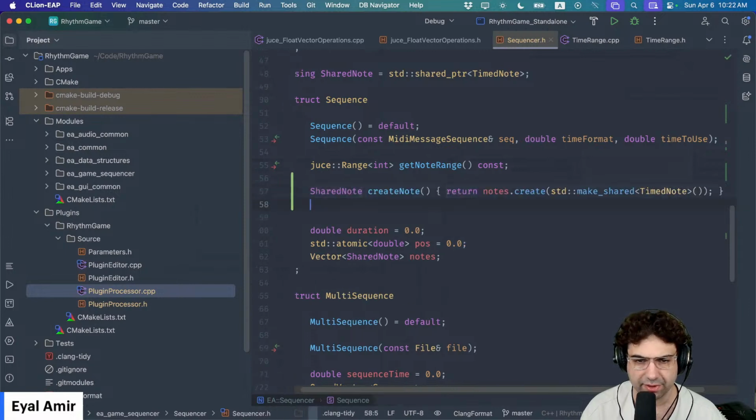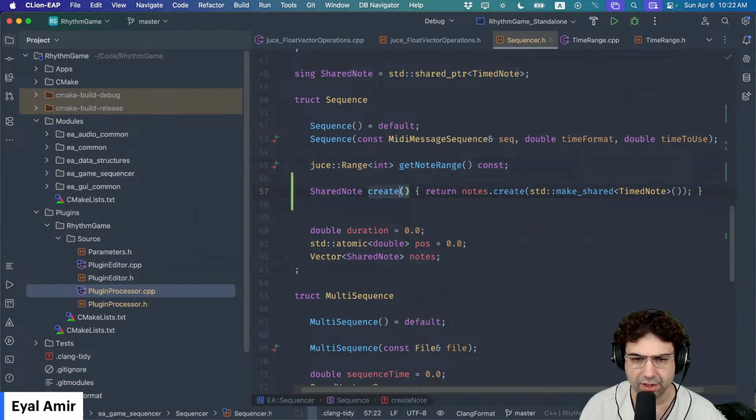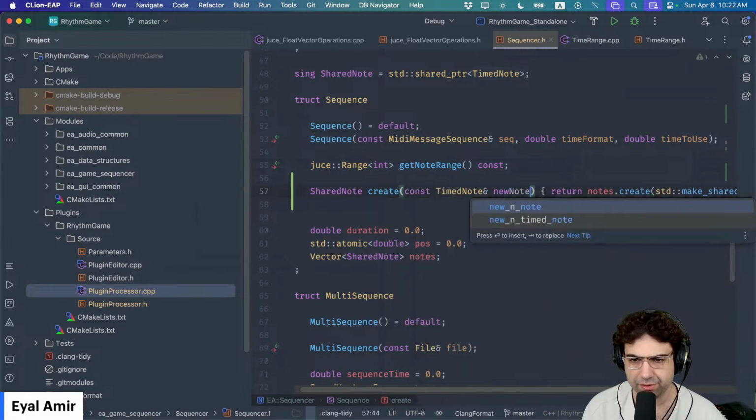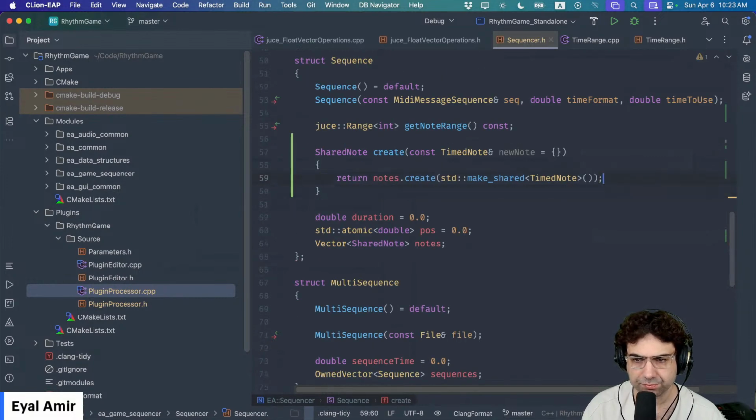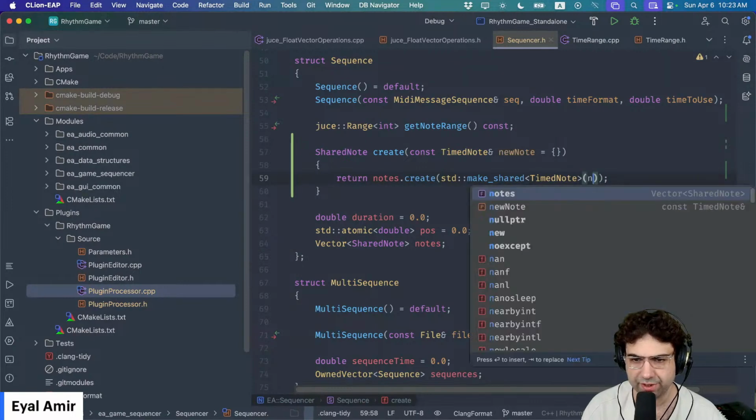I can also do something like that with like a, one can be this. Actually, I can just take a const timed note, new note equals nothing. So if you don't put something, it's going to be a default. And then this would just take the new note because this,